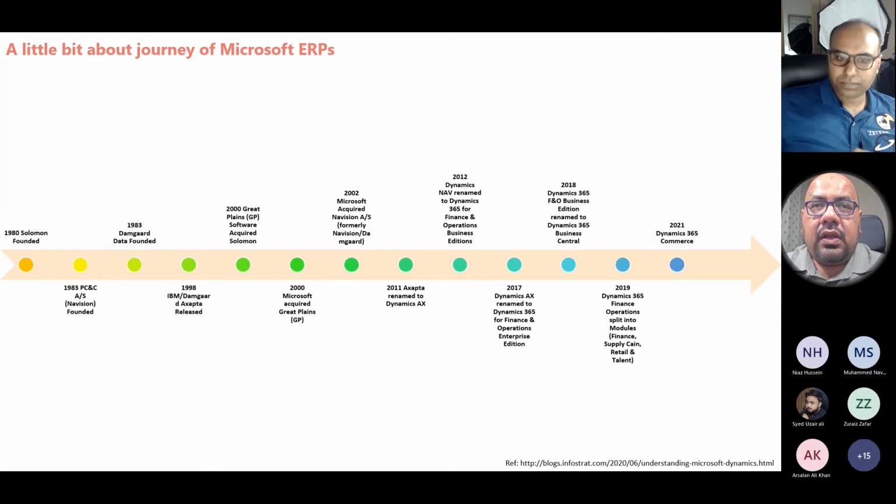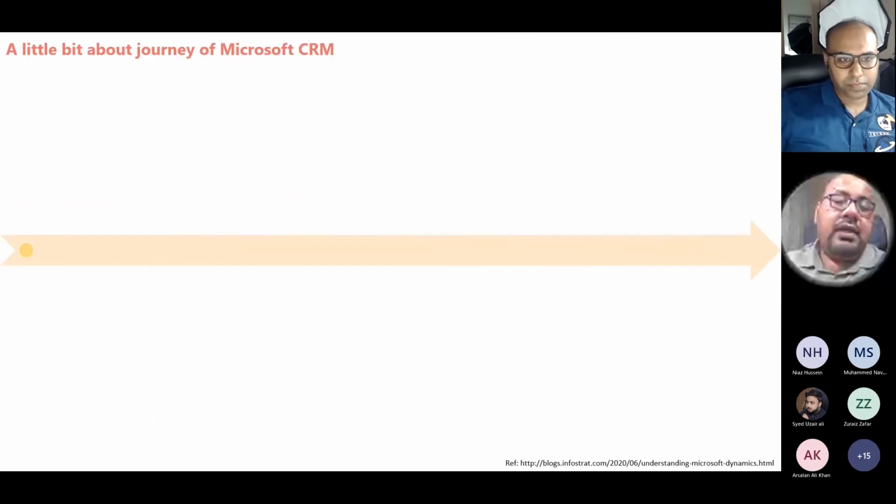So if we talk about the Dynamics 365 cloud version, only Business Central, which is NAV upgraded, is available, and Finance and Operations, which is the AX evolution. Okay. And in 2021, this year, Commerce is matured enough that Microsoft is also pushing for the general release, or pushing for the implementation part there. Now, if we talk specifically about the CRM,